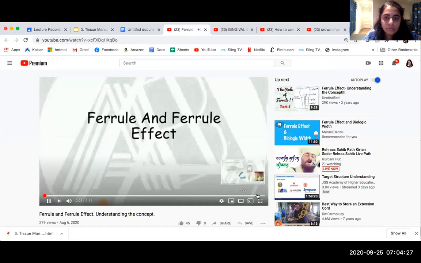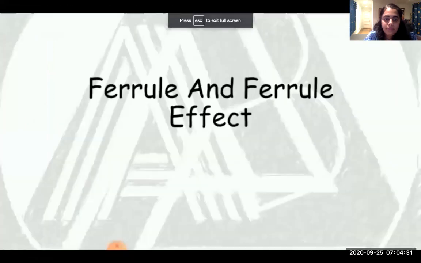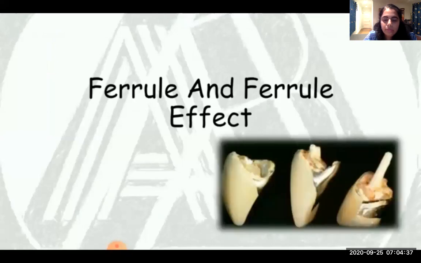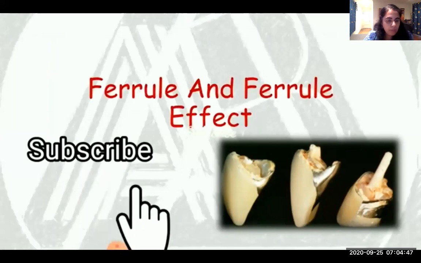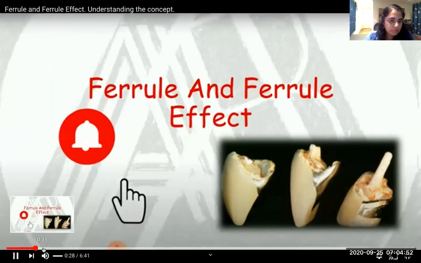Welcome back. In clinical practice, restoring an extensively damaged tooth is itself a challenge, and also the failures of post and core are that common. The extent of longevity greatly depends on how much the restoration or crown embraces the tooth structure. For that, we need to know something which is called ferrule and ferrule effect. So today, that itself is the topic of our discussion.